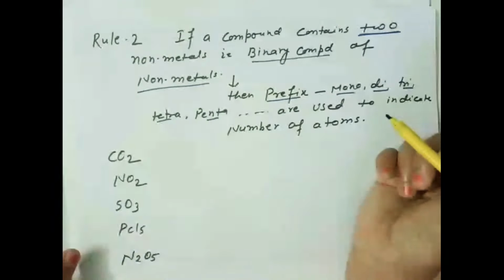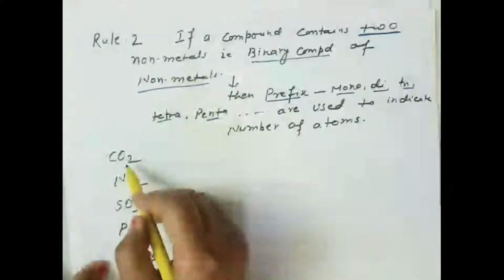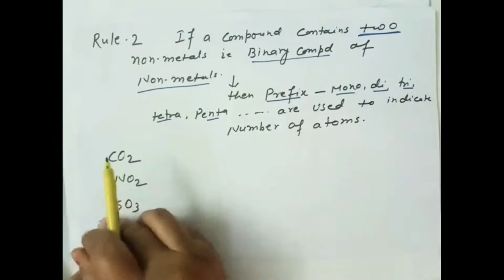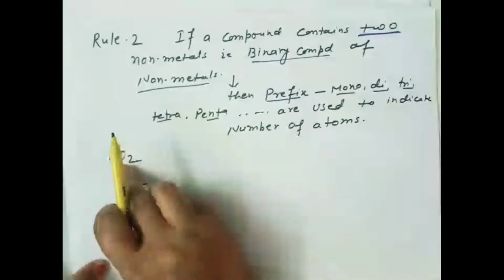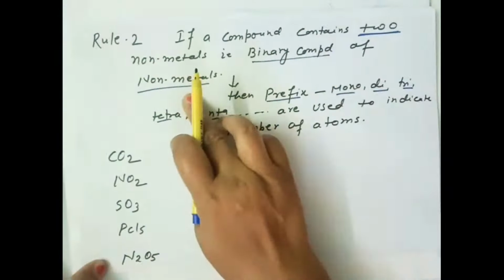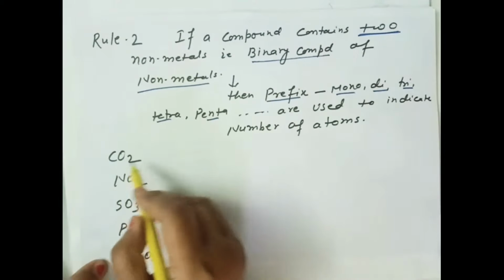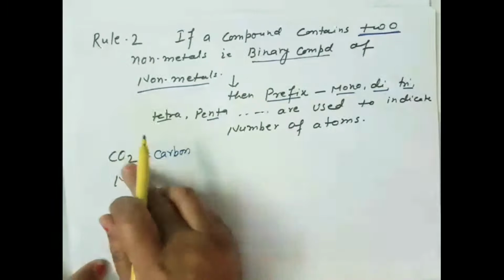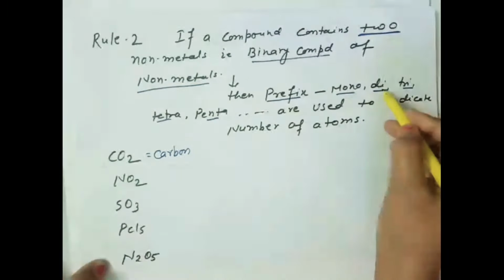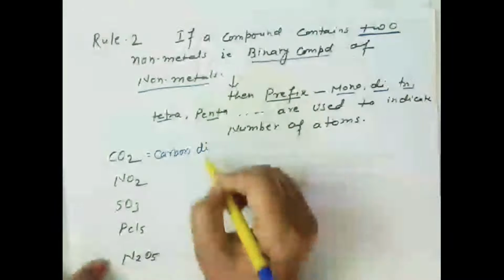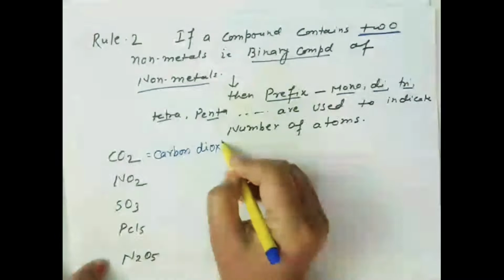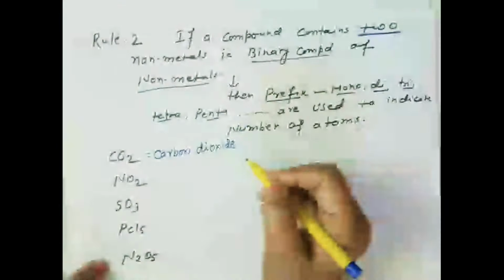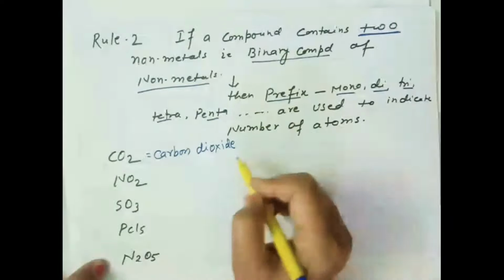So how we can name the element? Suppose CO2. Carbon is non-metal, oxygen is non-metal. We have to write the name. So it is a type of binary compound in which both the elements are non-metal. So how we will write the name? It is C for carbon and 2 oxygen is here. So for 2 we will use di. So we can write dioxide because non-metal का suffix हम लोग को IDE use करना है. So name of the compound is carbon dioxide.